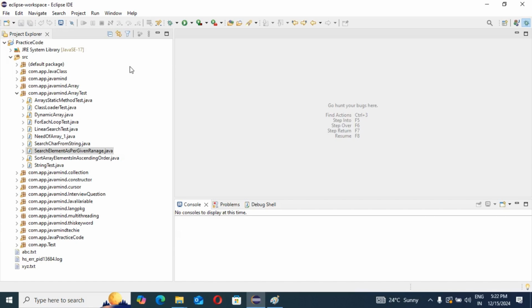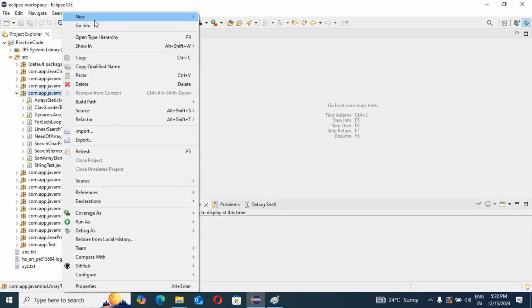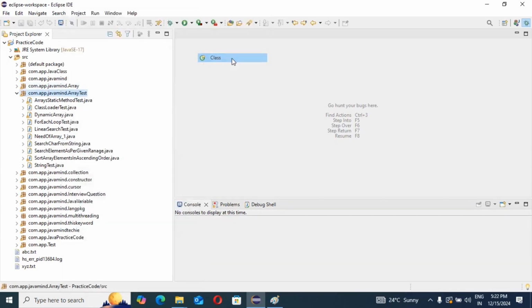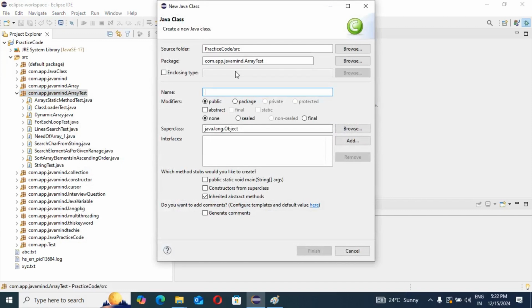So guys, see, I'm creating one class and writing the name of the class: search min and max element.